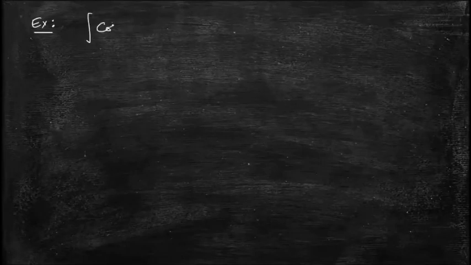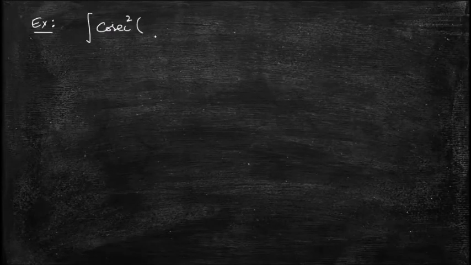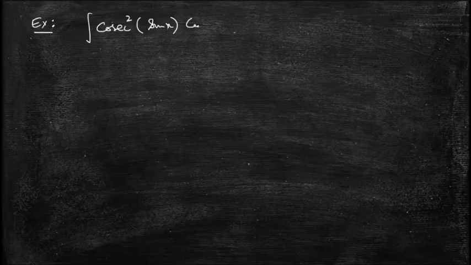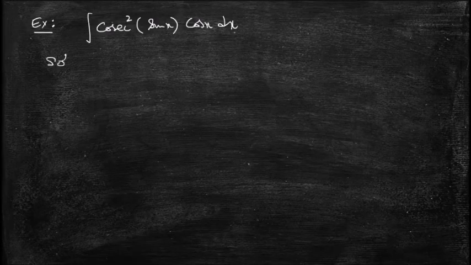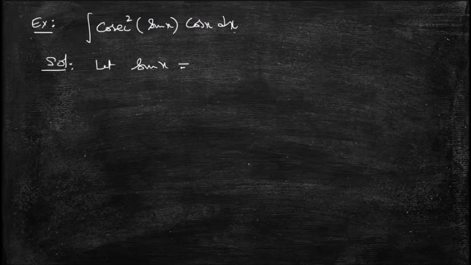The next problem, example, integration of cosecant square (sin x) cos x dx. Now here in this problem, instead of x, sin x is there, so I can take that as t. Let sin x is equal to t,